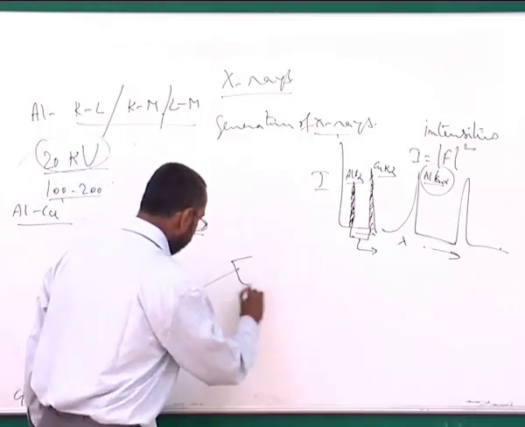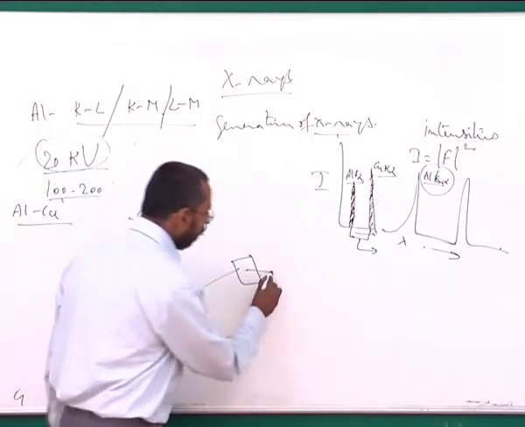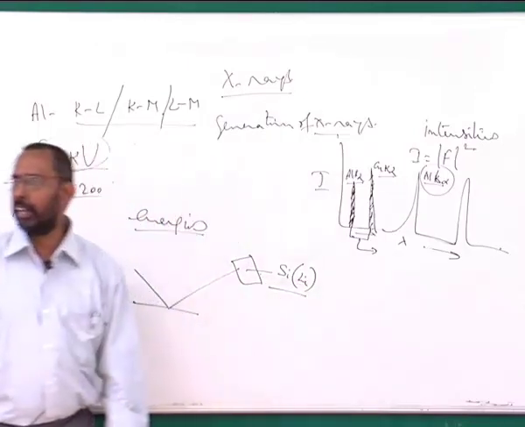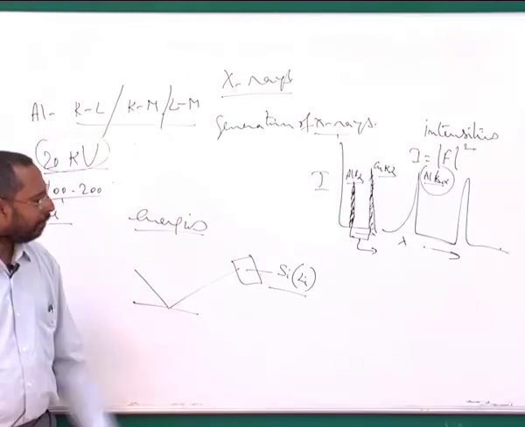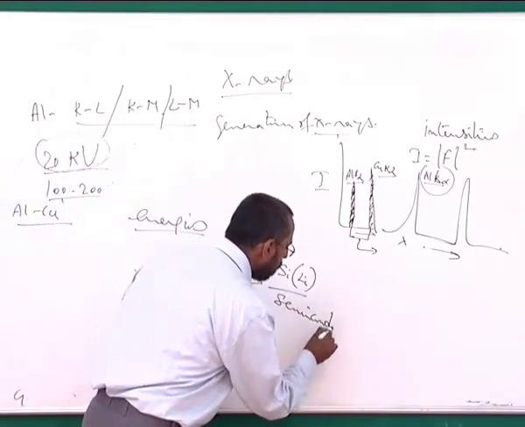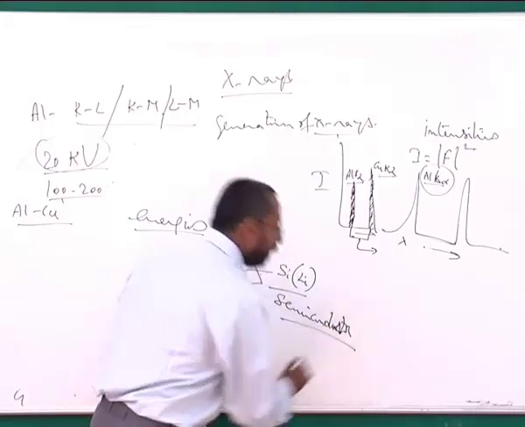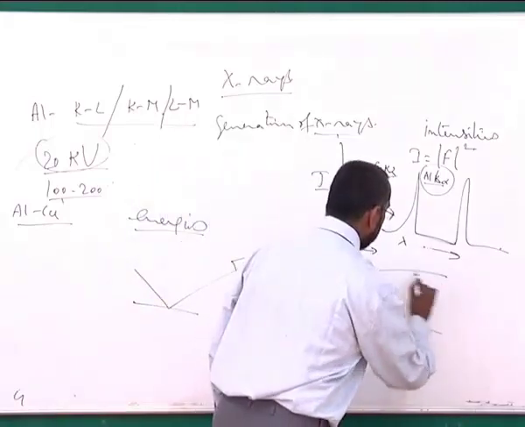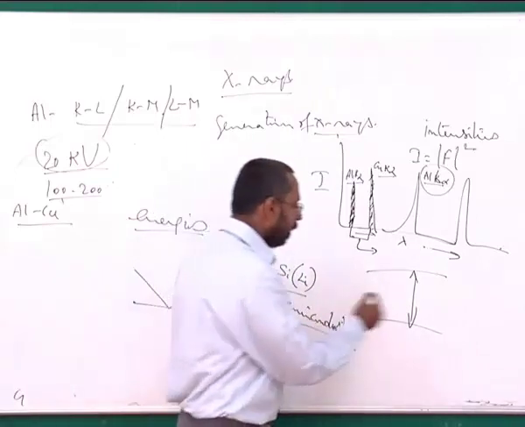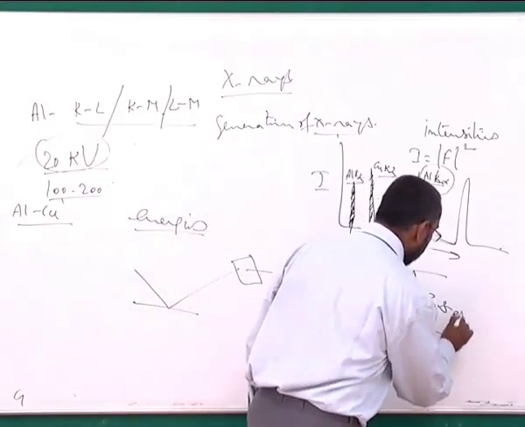What we do is you send again these X-rays onto a crystal, which people usually call a silicon lithium crystal, and which is a semiconductor. And in a semiconductor, you all know that there is a valence band and a conduction band, and there is an energy gap between these two. And in case of silicon lithium, generally it is about 3.8 electron volts or so.